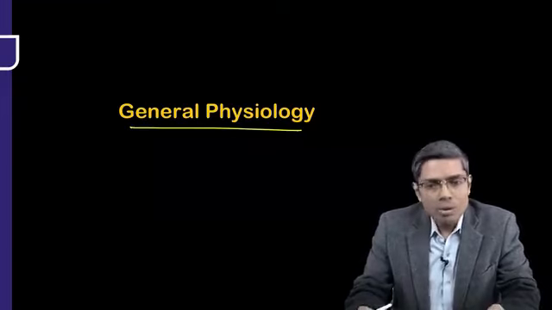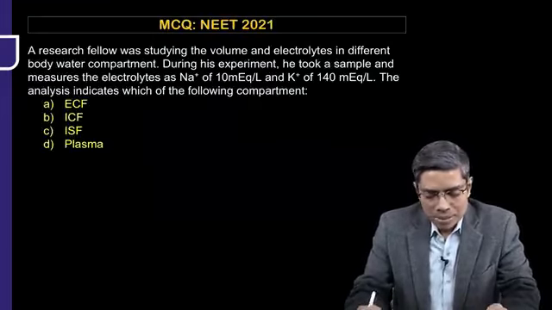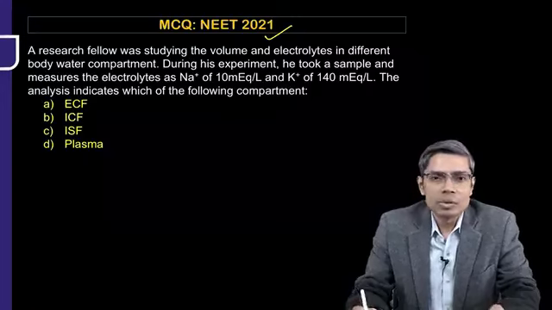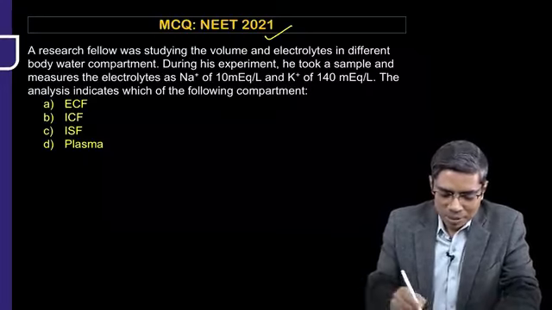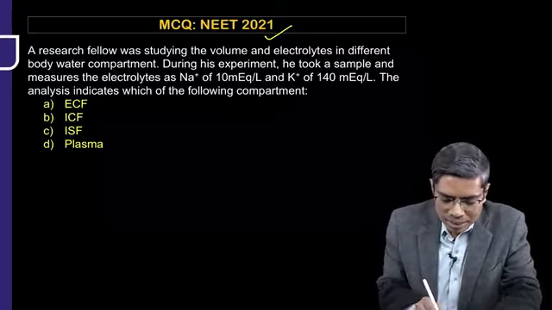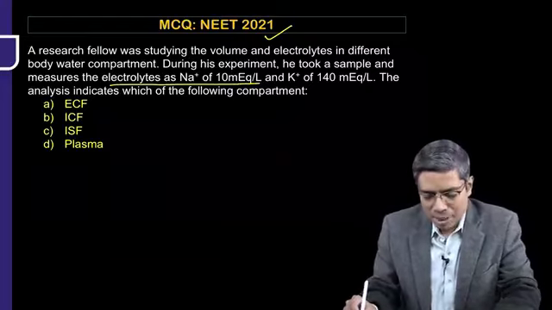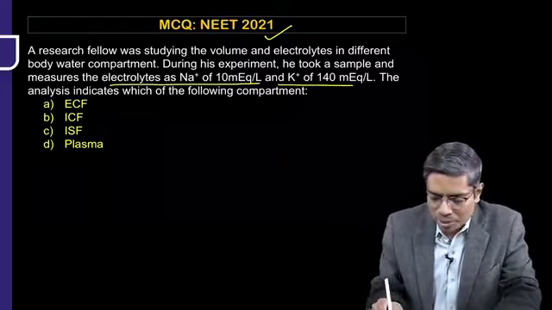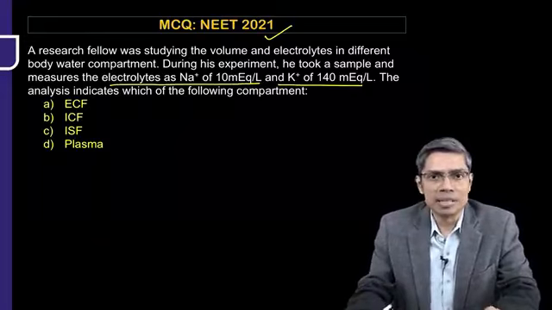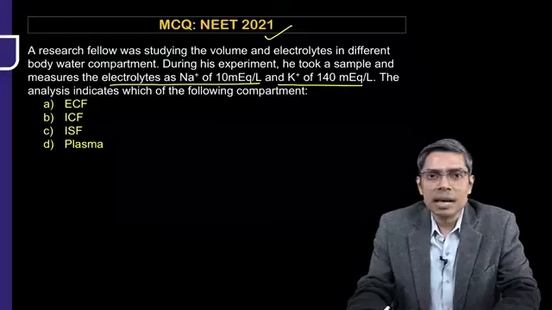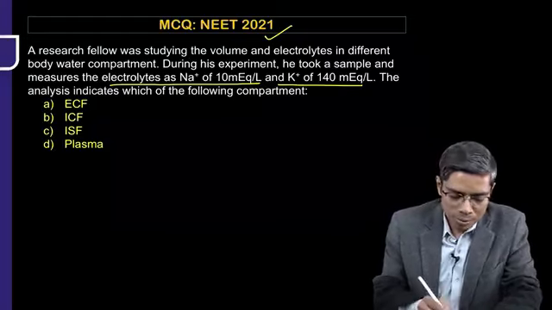So first you look at one MCQ. This MCQ has been asked in the NEET 2021 examination, and I will say this is one of the simplest MCQs asked so far. In this question, they are asking that the electrolyte measurement of a fluid component is sodium 10 milliequivalent per liter and potassium 140 milliequivalent per liter. Looking at this electrolyte composition, you have to identify it, and I'm 100% sure all of you know that it is